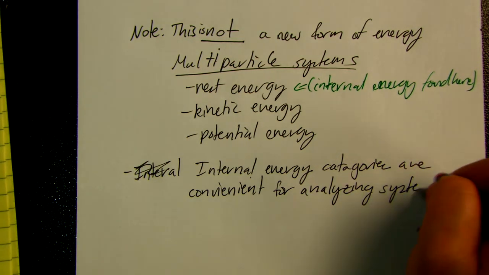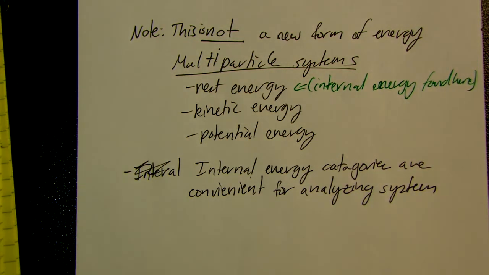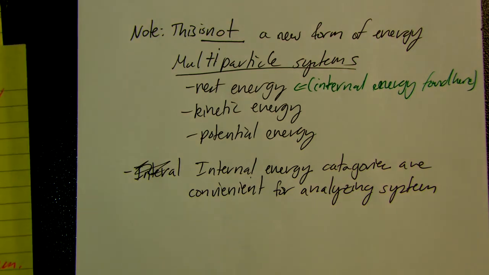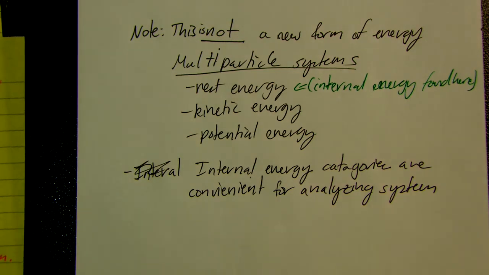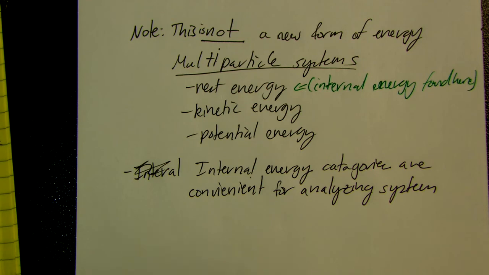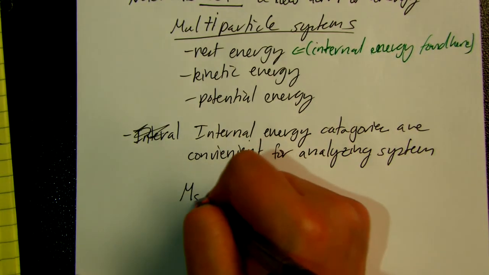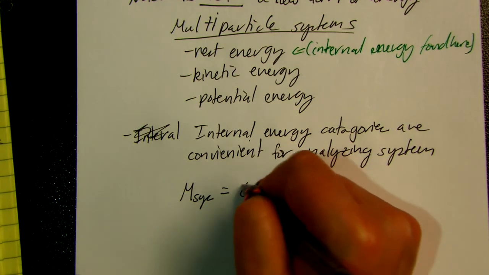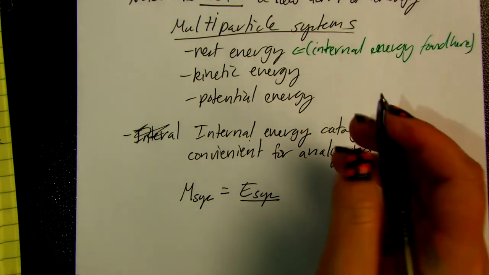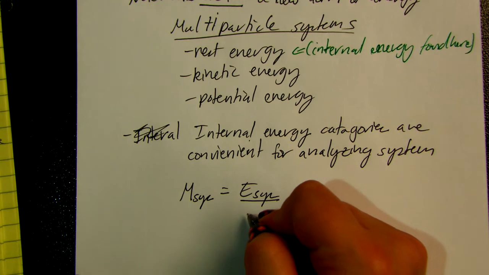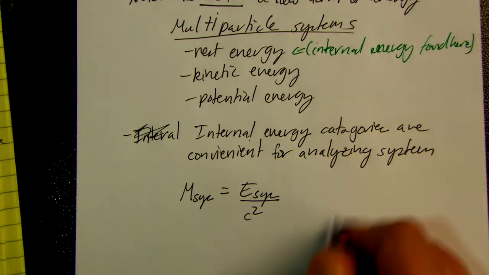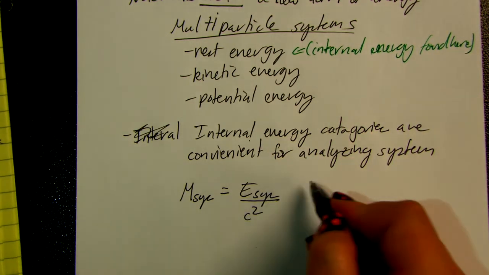So we do this because it makes our lives easier. We like to do things the easy way in physics. So one way to think about it, we know, like I said, it's a part of the rest energy. So the mass of the system is equal to the energy of the system divided by c squared. And so this is all the internal stuff,